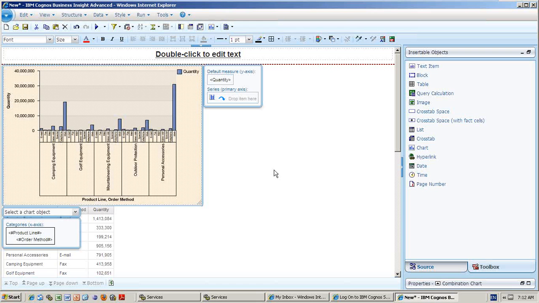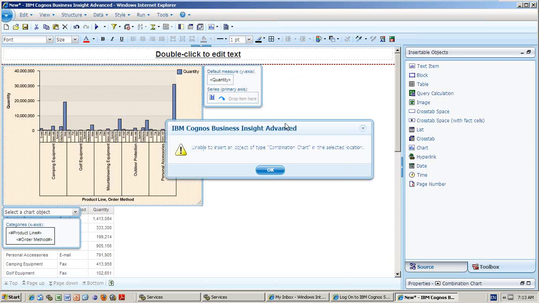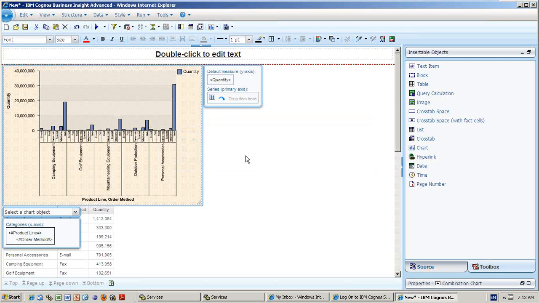So this type of charts are available. For this type of data, the pie chart may not be eligible. That is the reason why it is stopping. So any eligible chart, you can select. So maybe a line chart. Yes, you can go ahead and use that. Unable to insert object type or combination in the selected locations. Okay.